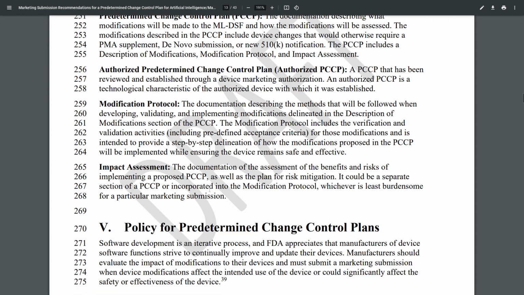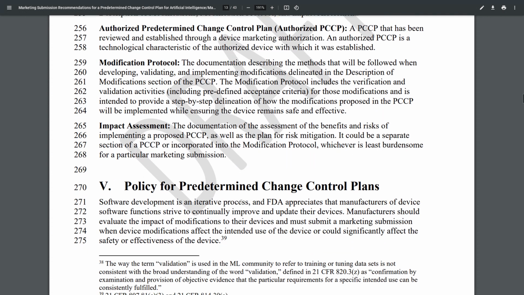Impact assessment. The documentation of the assessment of the benefits and risks of implementing a proposed PCCP, as well as the plan for risk mitigation. It can be a separate section of a PCCP or incorporated into the modification protocol, whichever is least burdensome for a particular marketing submission.